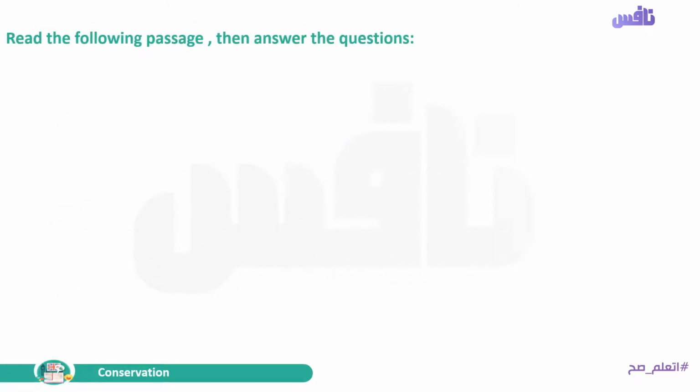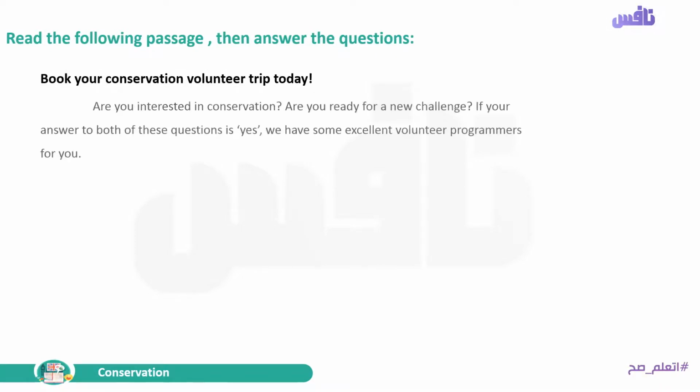Read the following passage, then answer the questions. Book your conservation volunteer trip today. Are you interested in conservation? Are you ready for a new challenge? If your answer to both of these questions is yes, we have some excellent volunteer programmes for you.